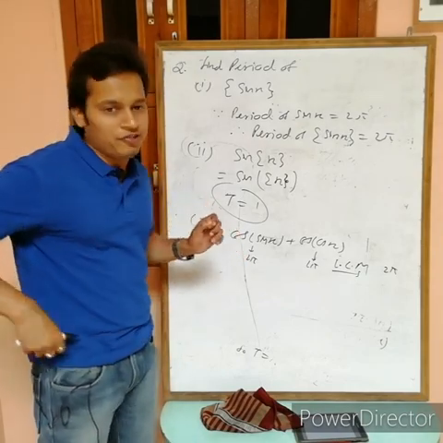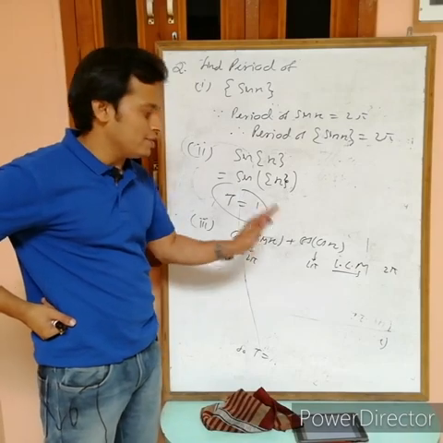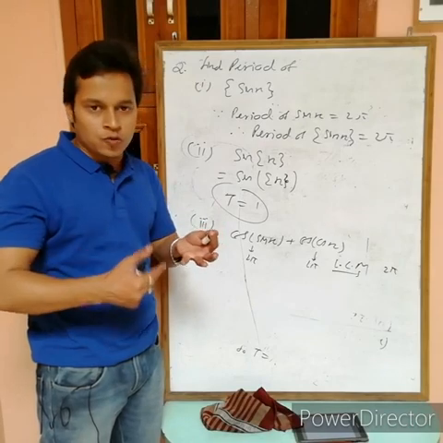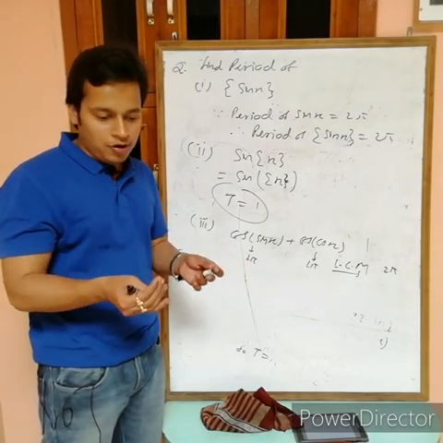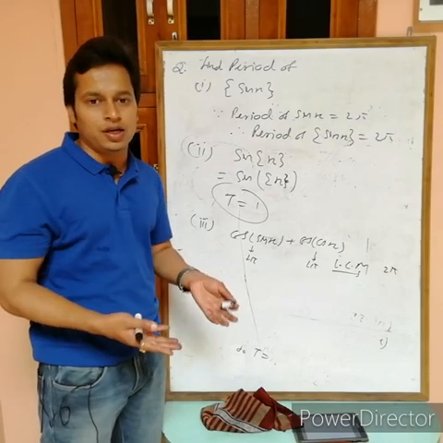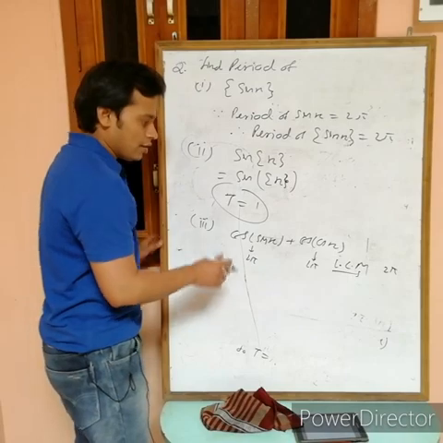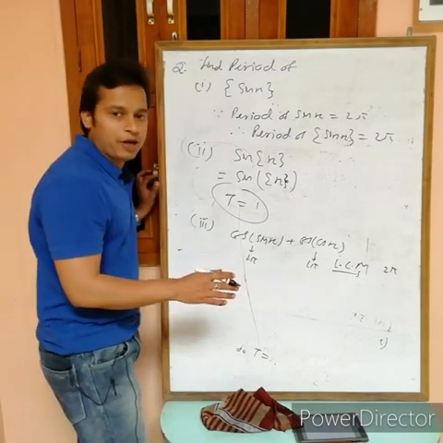But then how to identify in the question? No problem, actually it is easy in the question. Suppose you are getting LCM as 2 pi, and if your options are pi, 2 pi, 3 pi, 4 pi, then obviously you can't check for pi by 2. But if pi by 2 is also an option, then check that also, no problem, in 2 or 3 steps you will get the answer. So I know that pi by 2 is the fundamental period, so I am directly checking for pi by 2.